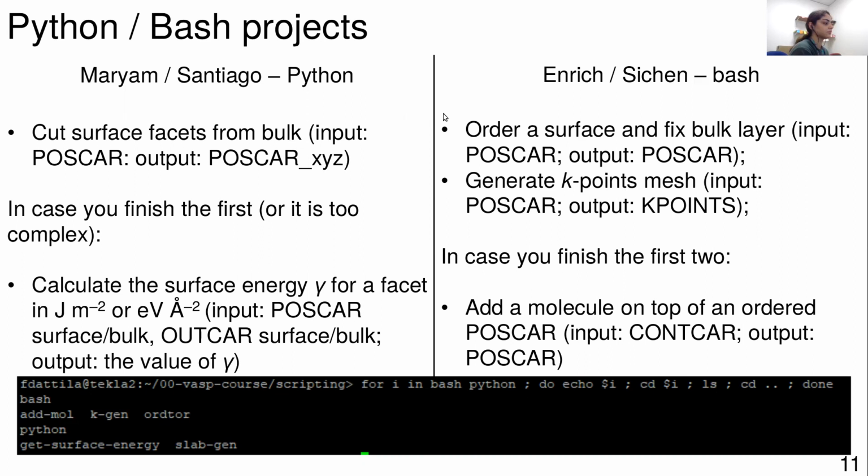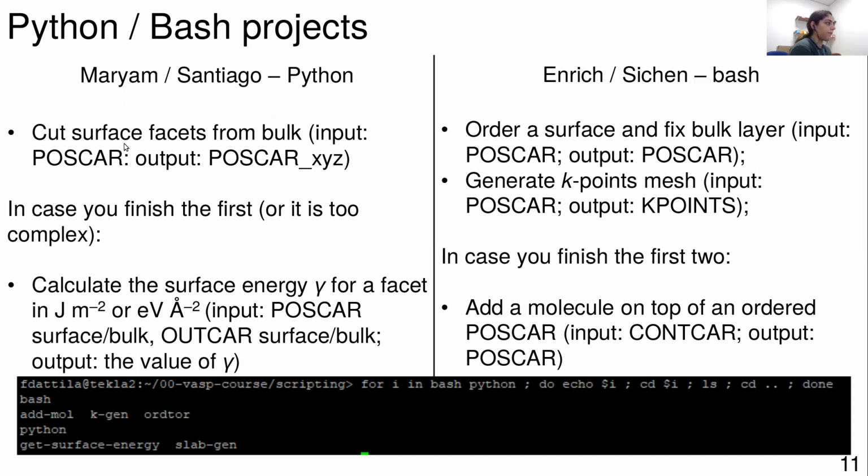And they are main projects because they are already challenging, I think. If you are very, very advanced and you see that you can go faster, then you can also try a third script to develop, okay? Just to go closer to that. So these things are very challenging in Python, but there are also libraries for doing that. So with the library it should be easy.